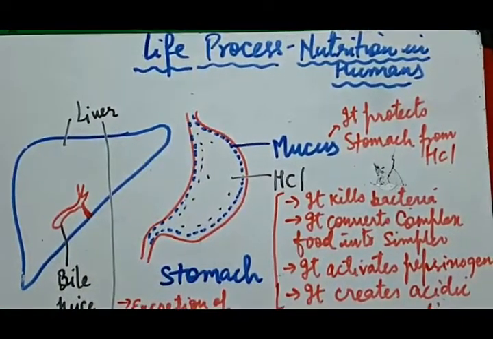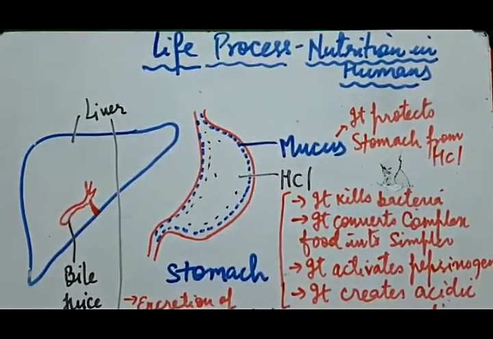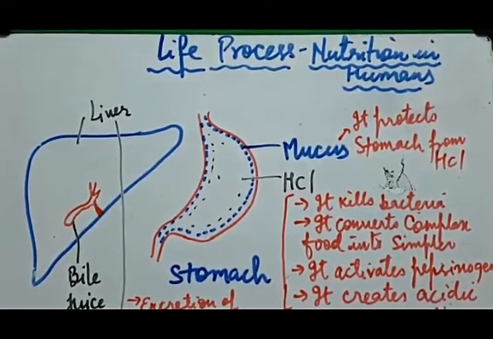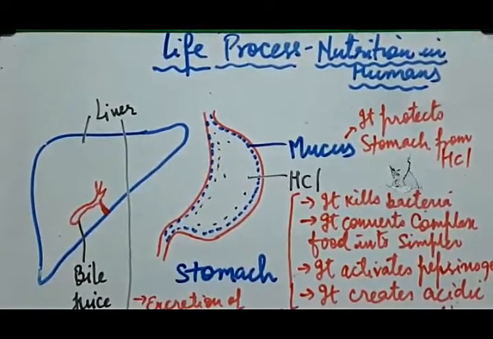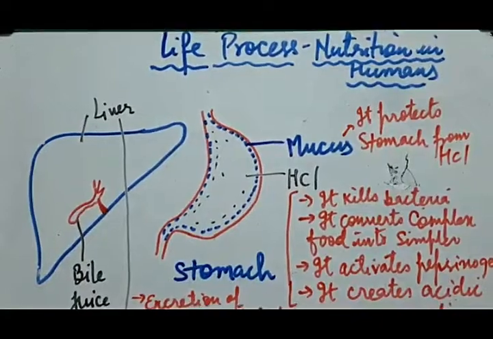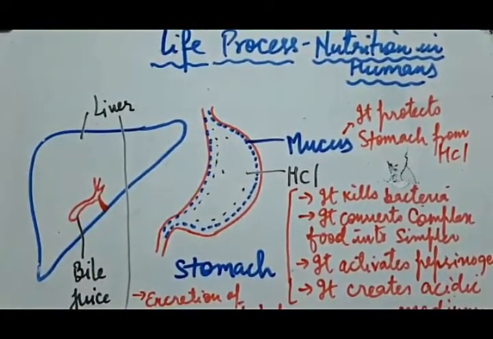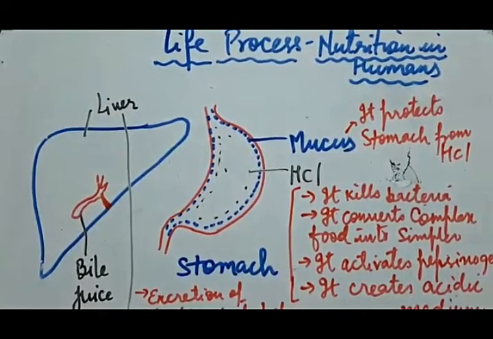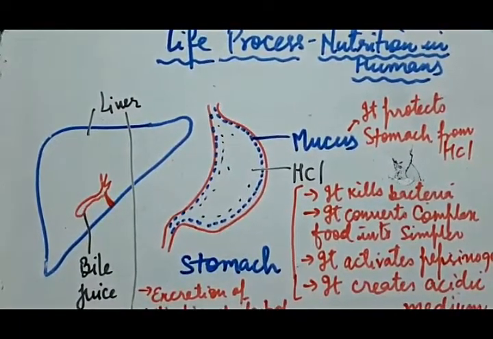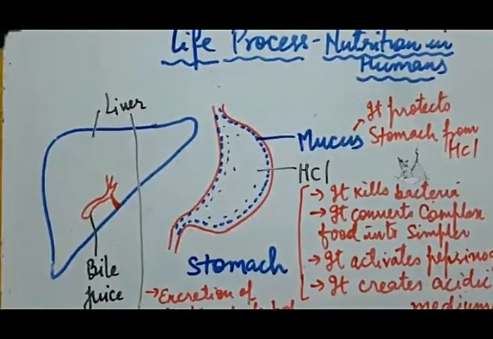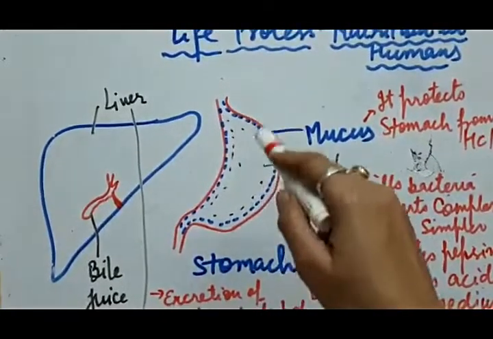Hello everyone. In this video I will explain about the two important organs of nutrition in humans, means two important organs of the digestive system. First is the stomach. This is a diagram of the stomach,